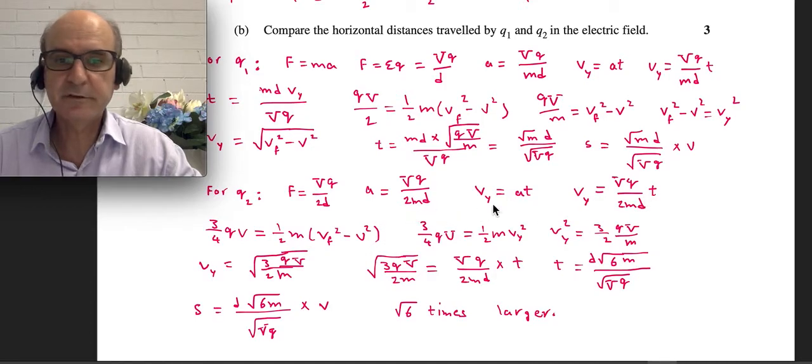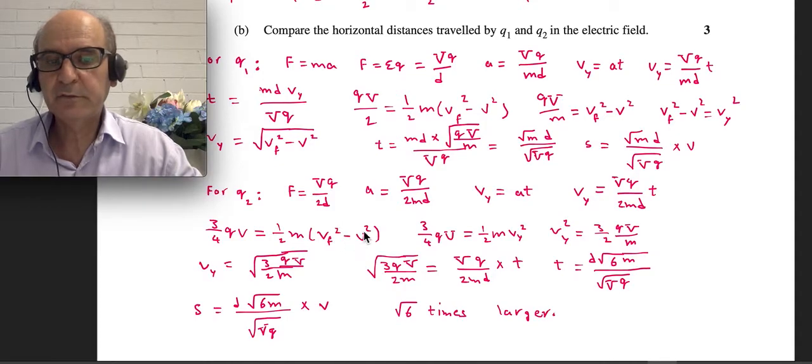Just replace the A with this one. Then this is the work done, which we found again in the first part. Work done is equal to change in kinetic energy. So that's the change in kinetic energy, half m, v final squared minus v squared,